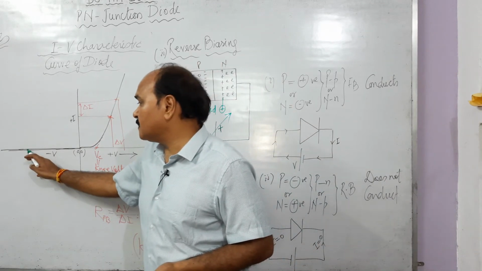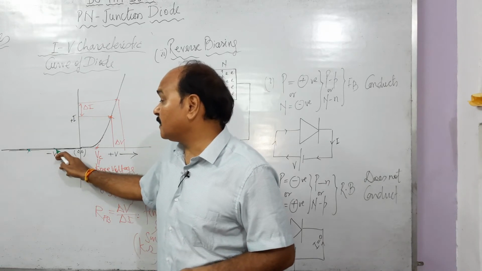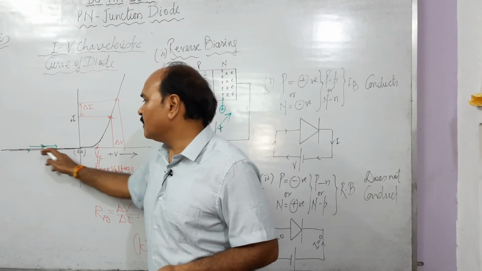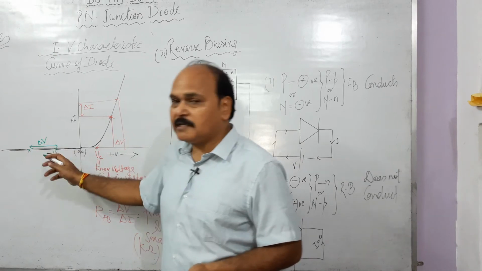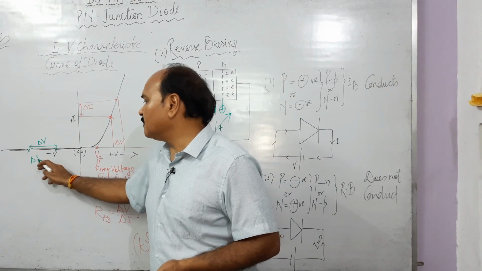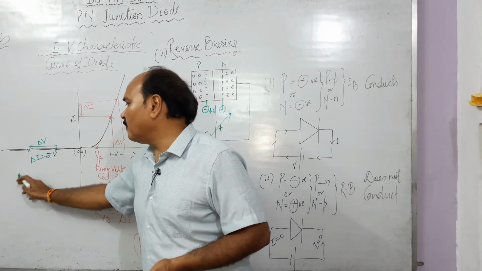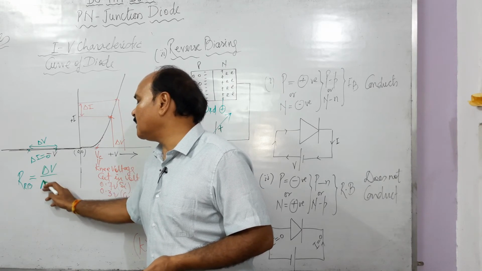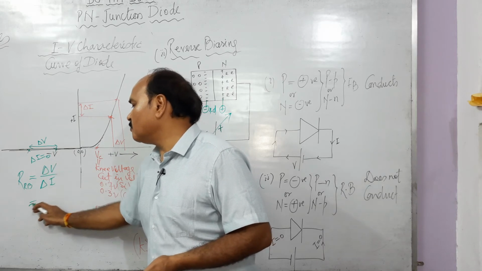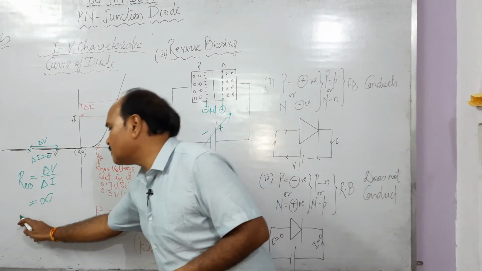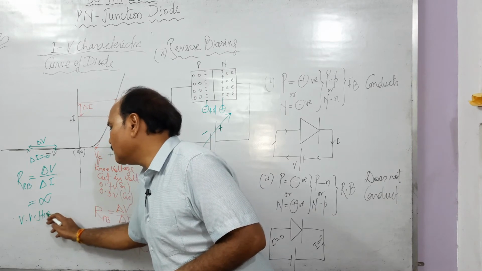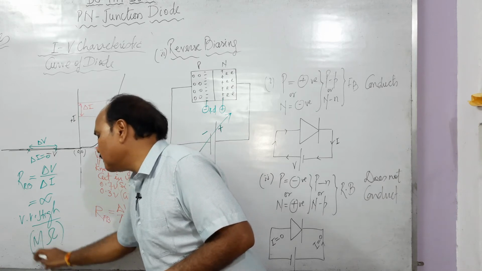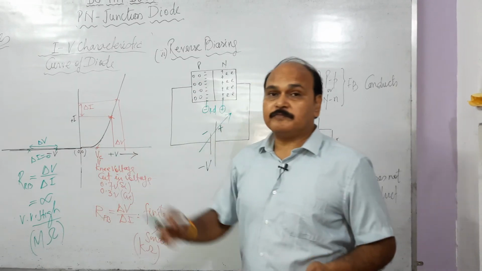If we wish to find out the dynamic resistance of this non-ohmic conductor in reverse bias, we have to mark 2 points here. And if we mark 2 points, of course we'll get delta V here. But what about delta I in between these 2 points? 0. So the dynamic resistance in the reverse bias is what? Delta V by delta I. And since delta I is 0, this value is what? Infinite, or we can say it is very high. So the dynamic resistance in the reverse bias is very high, and this high value is of the order of mega ohm.